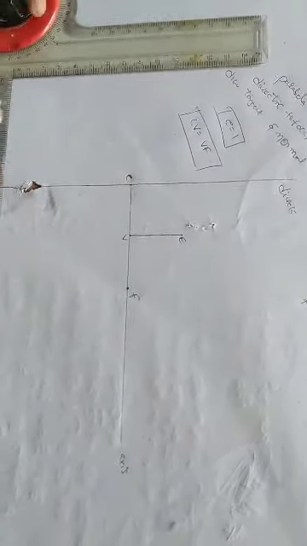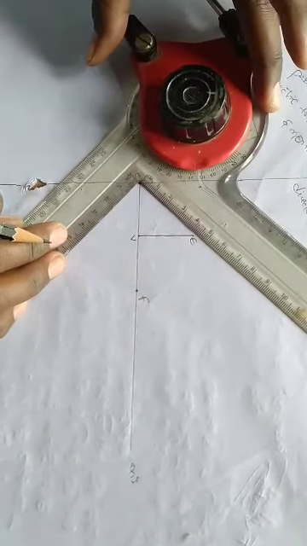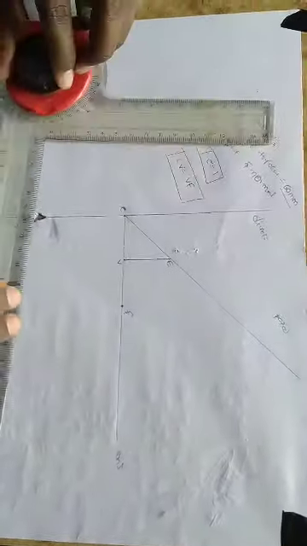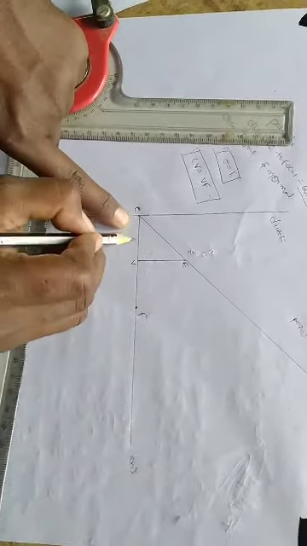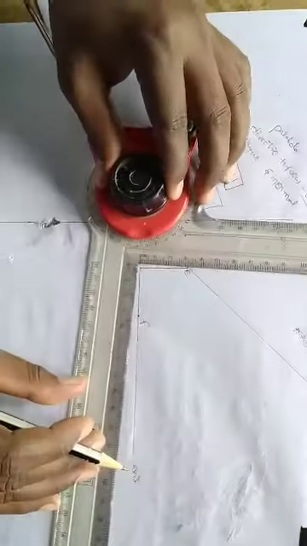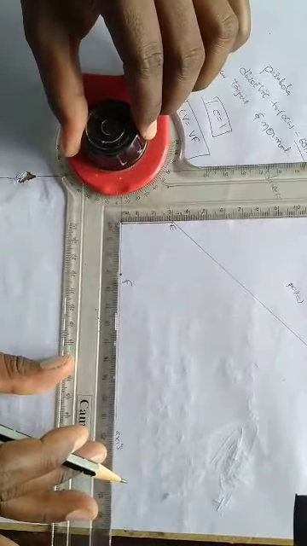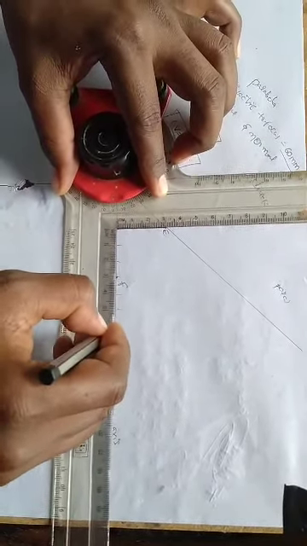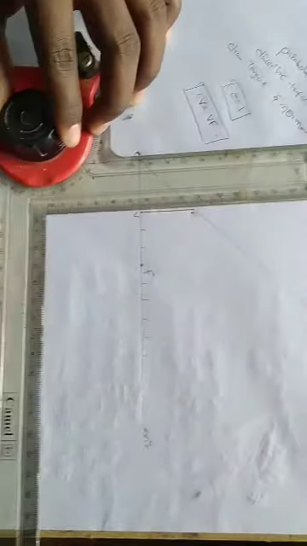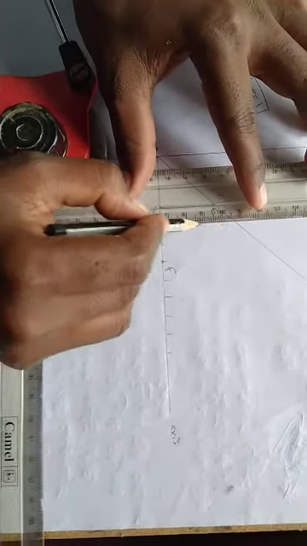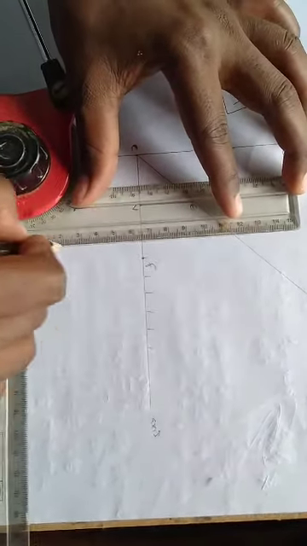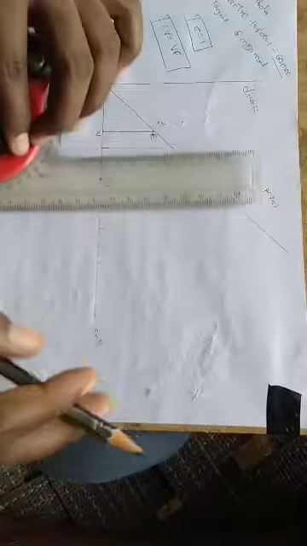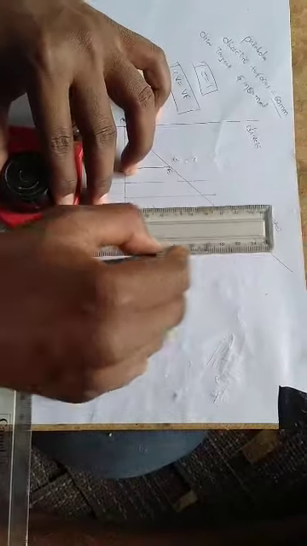Next, from C extend a line from E. Then divide this axis line into equal parts, with 1 mm or half mm spacing. Then draw lines perpendicular to the axis through these division points.